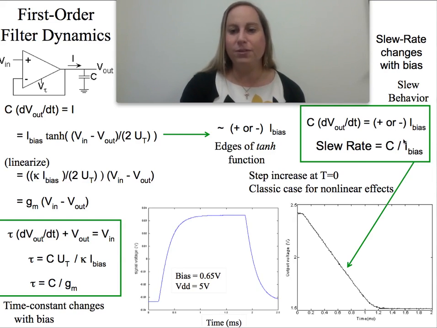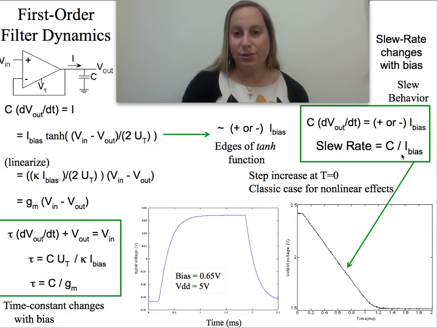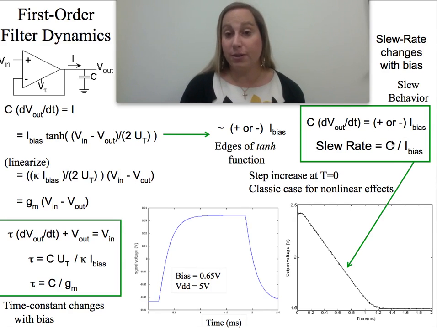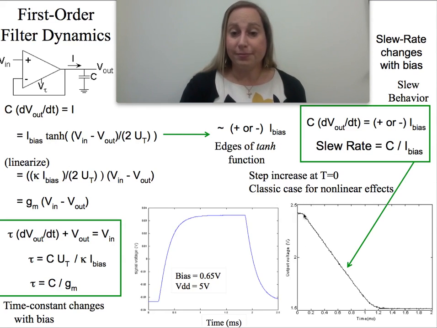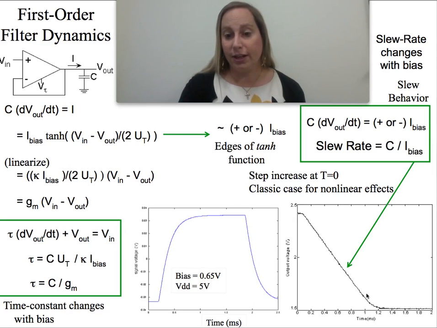And this is actually 1 over the slew rate, I realize, but it's that ratio of the two things that is important. And the slew rate definitely changes with bias, so it's going to change with the bias current. And you might say, well, is that really what it looks like? We'll take the same amplifier and we ran a large signal, almost a volt, on a 5-volt supply amplifier. Sitting here, and the step occurred right at this edge. And now it turns out, if I look at it, it looks like it's got this long straight line, and then it returns. Compare that to this function, and you can see there's quite a bit of very different